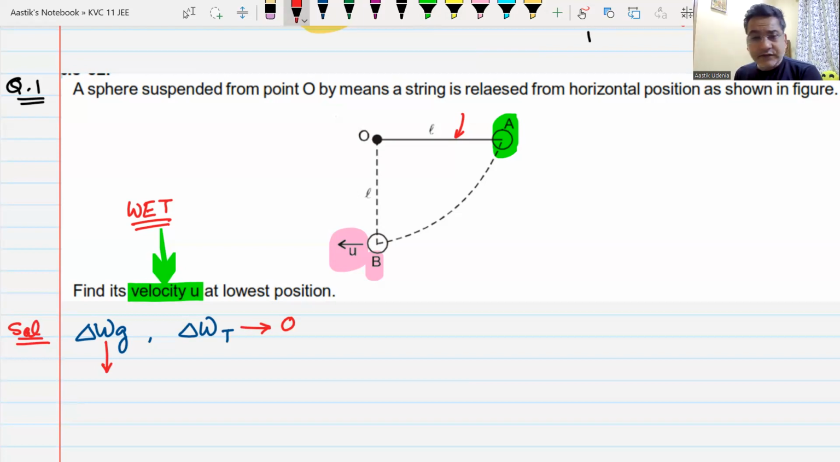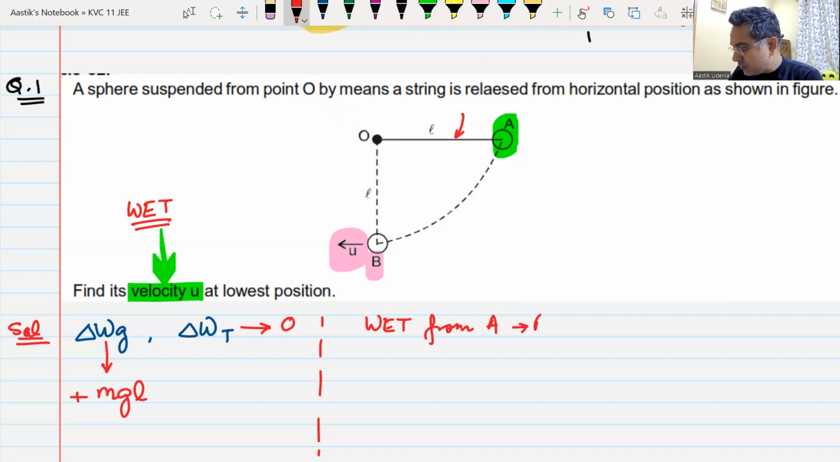Work done by gravity, we only have to see how much it has moved up or how much it has moved down. How much it has moved down here. So the work done by gravity is plus mg, and it has moved down by a height L. So work done by gravity is plus mgL. That's it. Now I can apply the work energy theorem